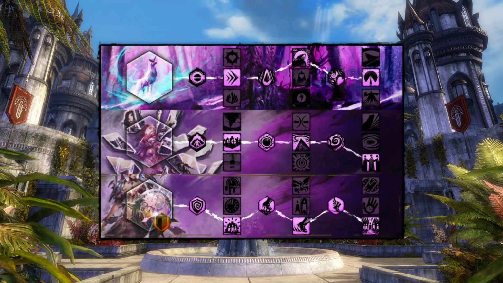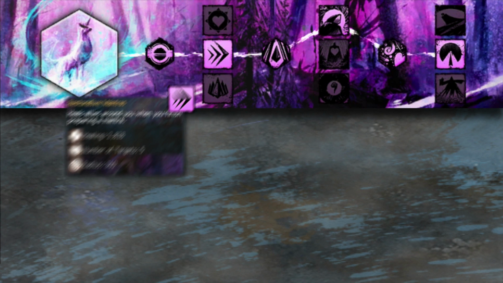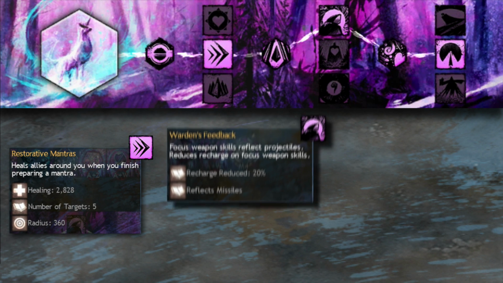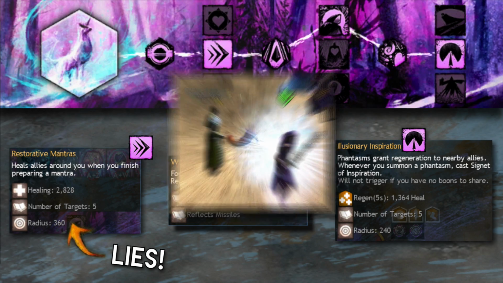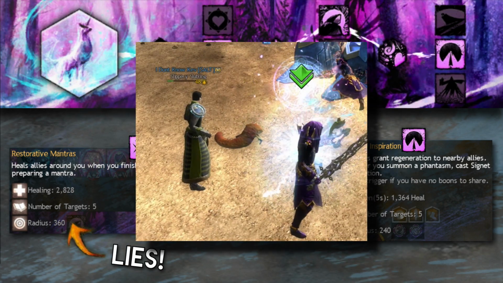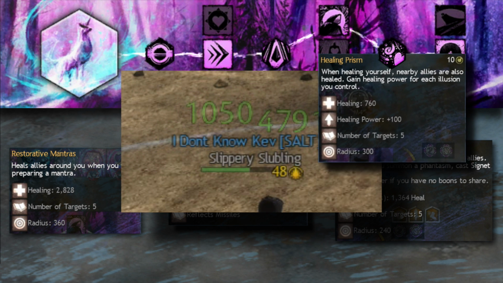We'll need Inspiration, Chaos, and Chronomancer. In Inspiration, the choices are Restorative Mantras, Warden's Feedback, and Illusionary Inspiration. Restorative Mantra's tooltip is in fact incorrect. It shows a healing power scale of 0.2. In reality, it's 0.8. This means with our Minstrel gear, whenever we charge Mantra of Recovery, it will heal for nearly 5,000 in a large radius, which is more than likely to full heal most players, especially when combined with